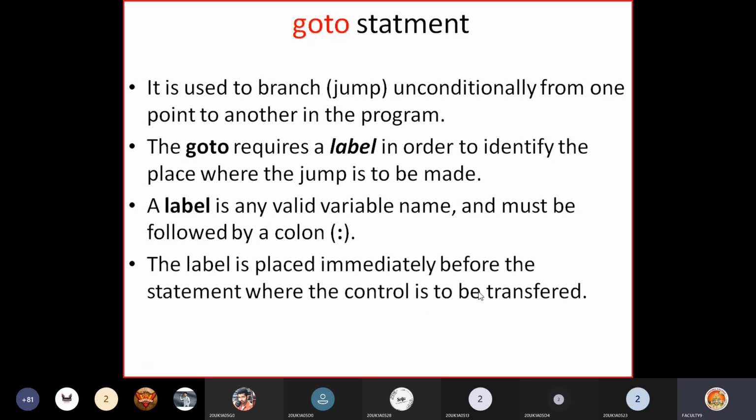The label is placed immediately before the statement where the control is to be transferred. So before that statement you write this label followed by a colon, so that the computer jumps to that place and executes the statement following the label.